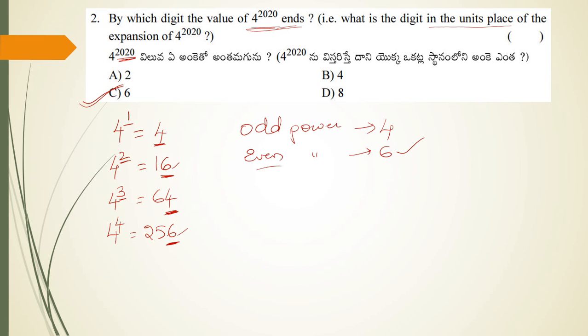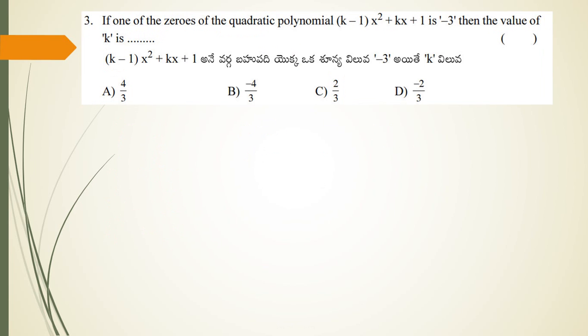Next, moving on to the third question. If one of the zeros of the given quadratic polynomial is minus 3. What is meant by a zero of the polynomial? When you substitute that value in place of the variable, you need to get the polynomial as 0. That means when you substitute minus 3, what am I going to get? This becomes k minus 1